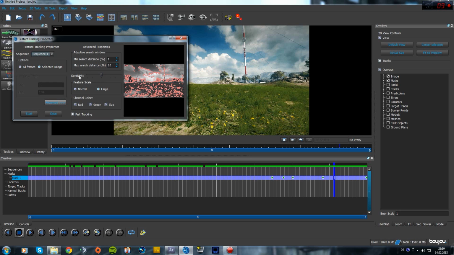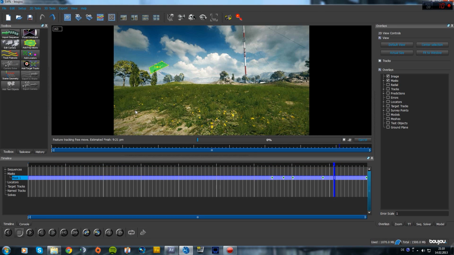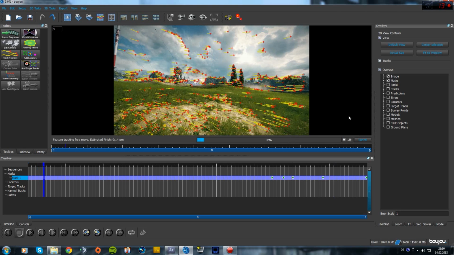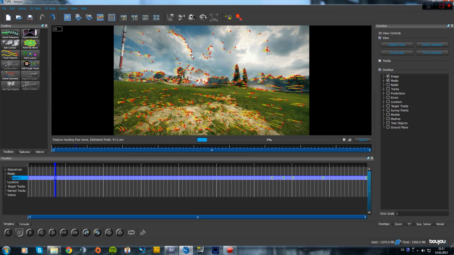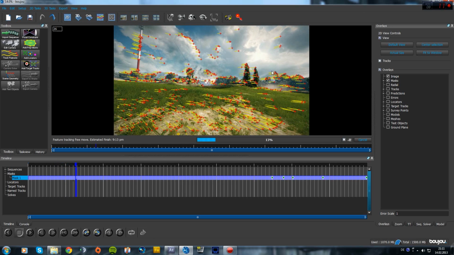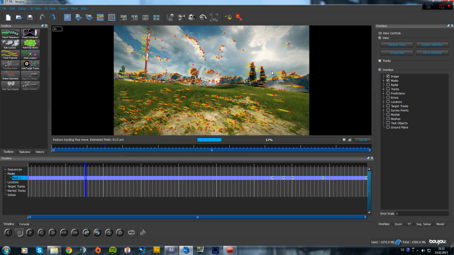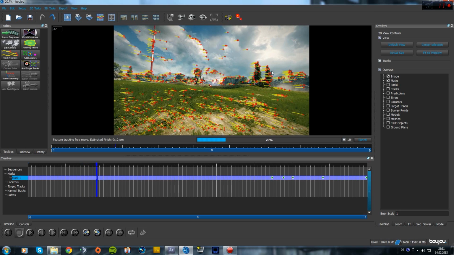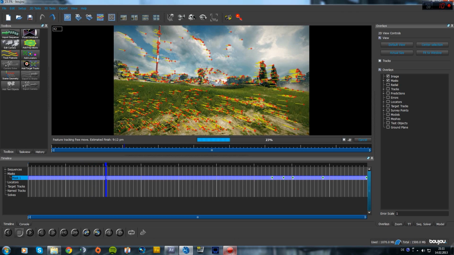So I'm practically just gonna go with the basic setup they give you. Okay, so you see practically it tracks these points on the clouds, for example, and moves them over. And that will then, well, anyway, while that is tracking,